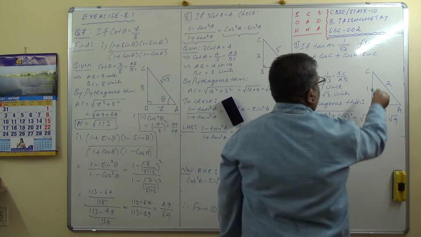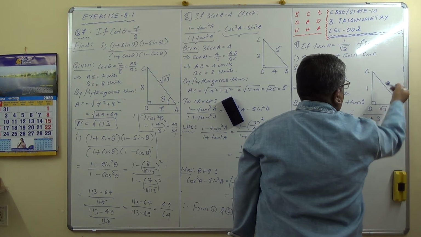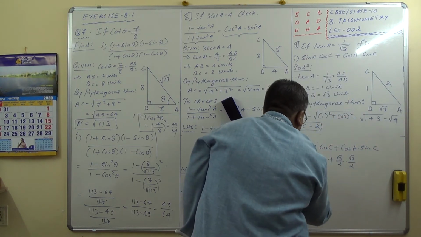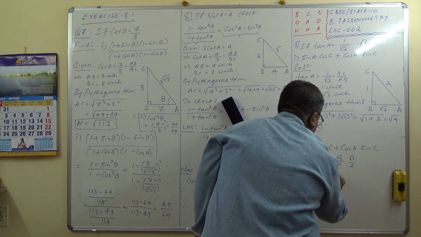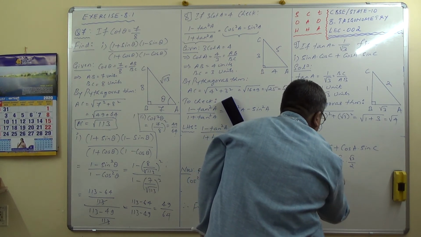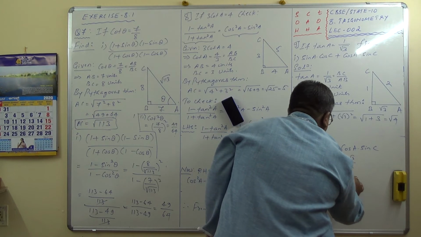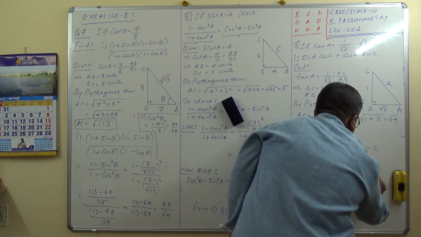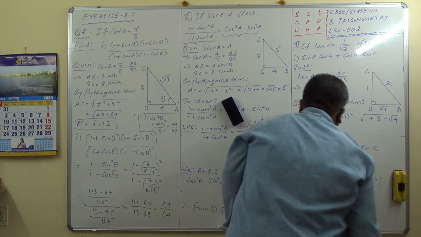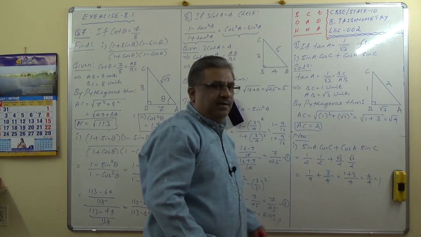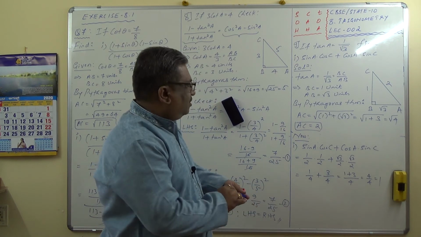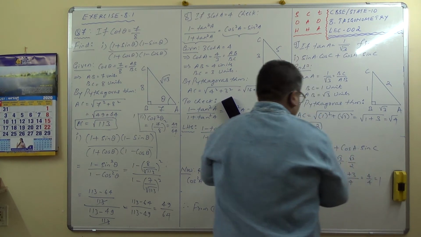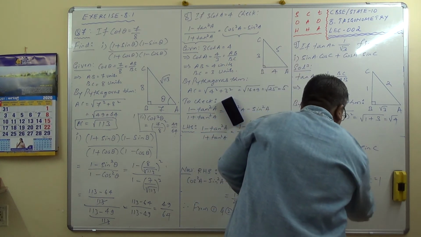into sin C, sin of C is opposite by hypotenuse, root 3 by 2, which equals 1 by 4 plus root 3 into root 3 is 3 by 4, which equals 1 plus 3, 4 by 4, which equals 1. So this should be your answer. Check the answer. Yeah. So second part is there. That question also I'll write here, that you work out yourself. I hope this is correct.